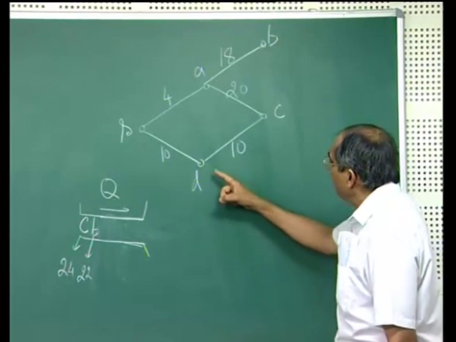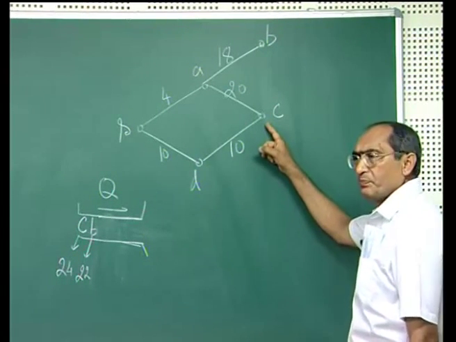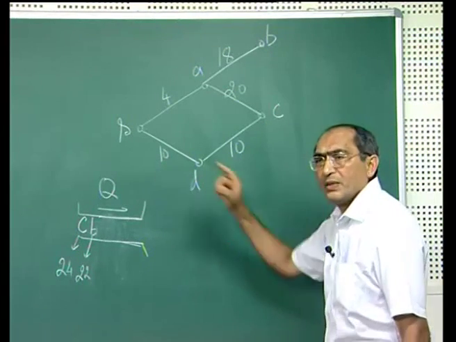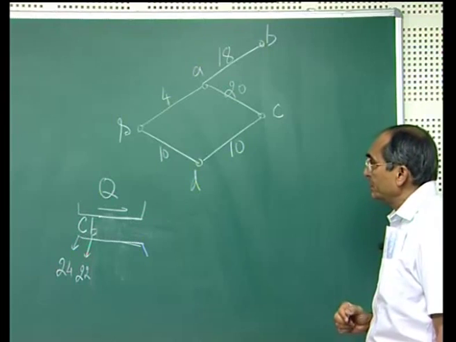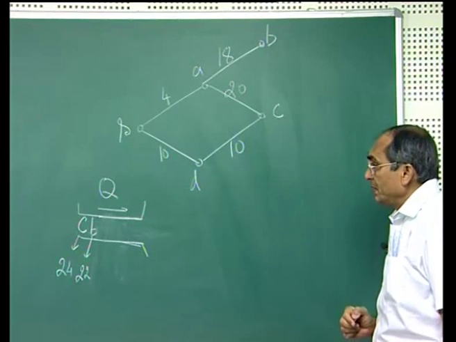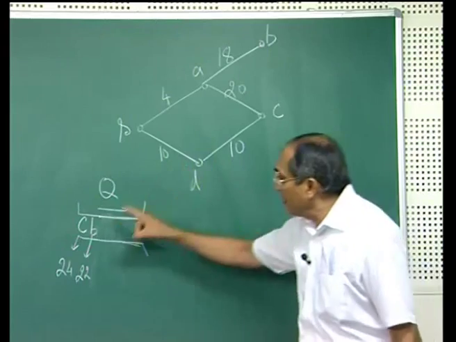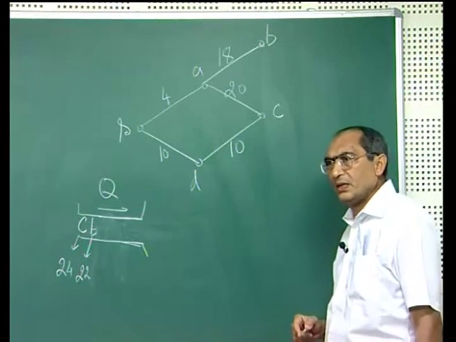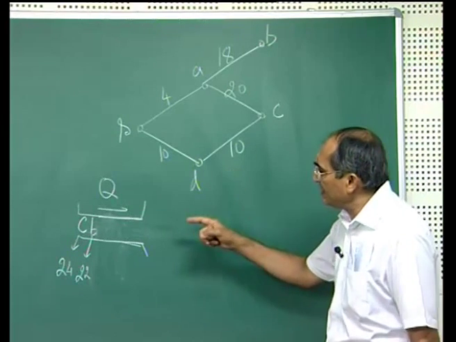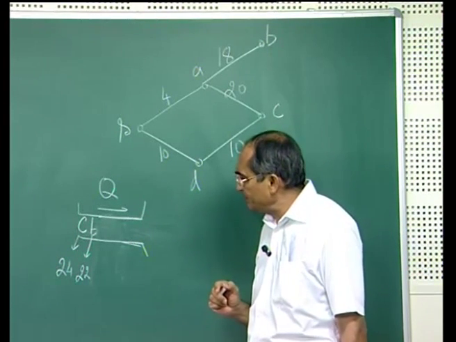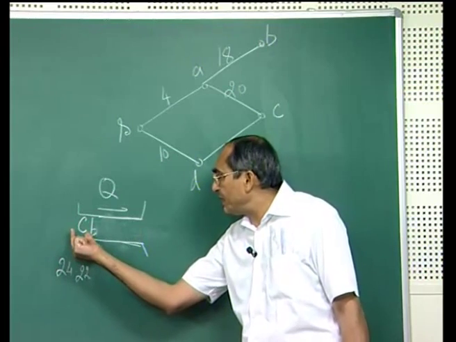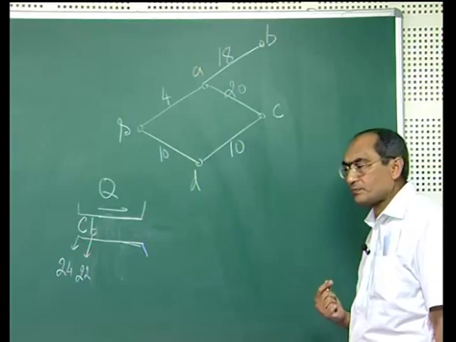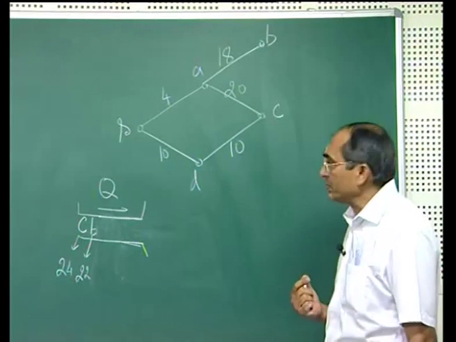At that time, you notice that the potential D value of this would have been 10 plus 10, which means 20. The D value of C has already been set as 24. So, in the breadth first search algorithm that we have discussed in the last lecture, what would have happened is that we would have ignored that value, a new value of C, but that would have been wrong.